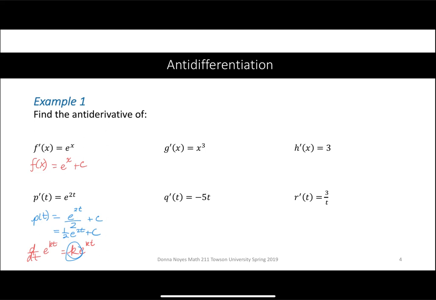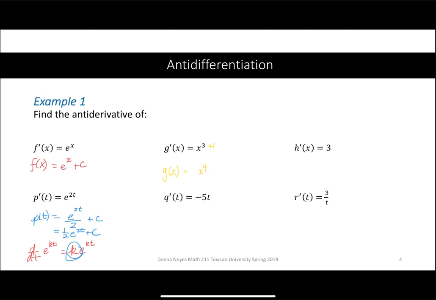So the way we undo that is we have to now add 1 to the power. So our original function g of x had to be some form of x to the